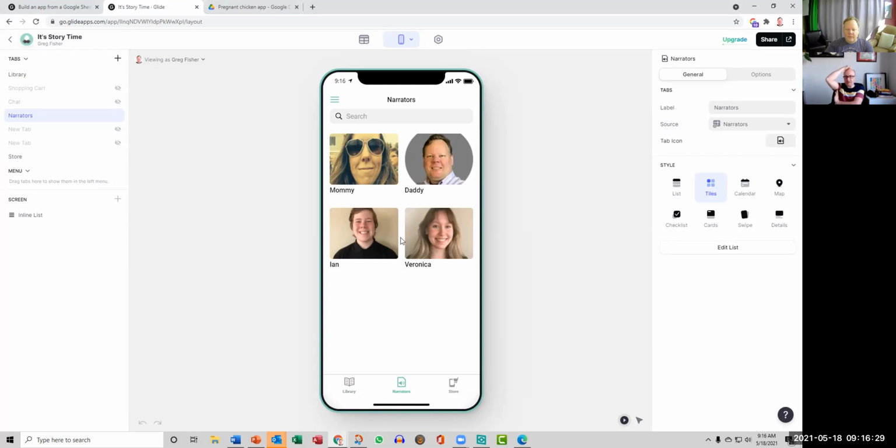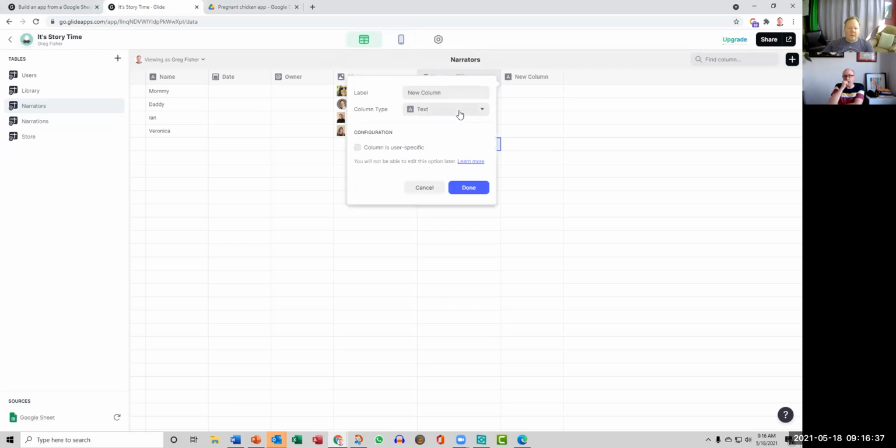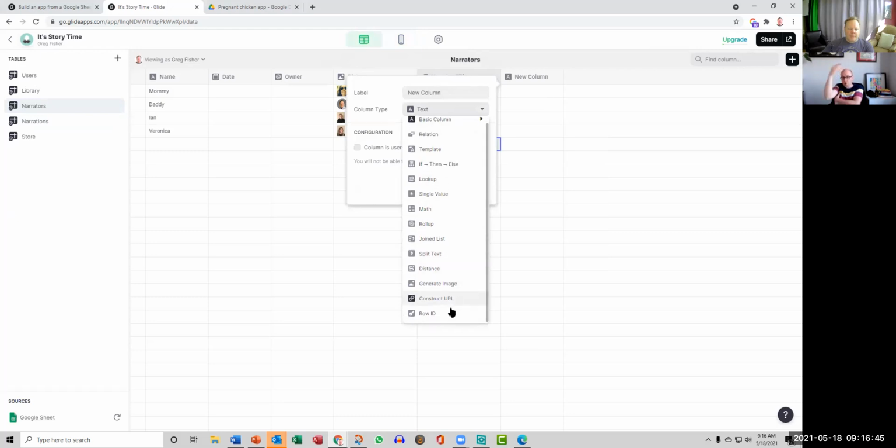Can you write formulas in tables? Yeah, you can have relations, you can have if-then-else, you can have lookups, math. Oh, perfect. Construct URL. Yeah. If you can construct URL, then you're not confined to using Google Drive. Like I was telling you, BunnyNet, you can host for not even cents. Audio files, there's no limit. But if you can construct URL, then in the form that you saw that I created yesterday,